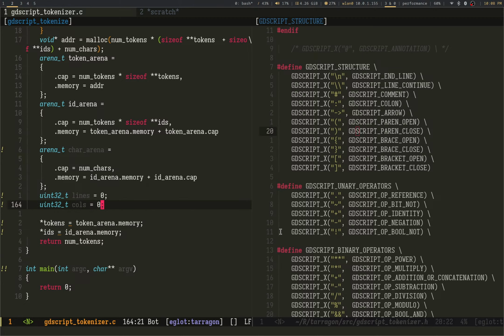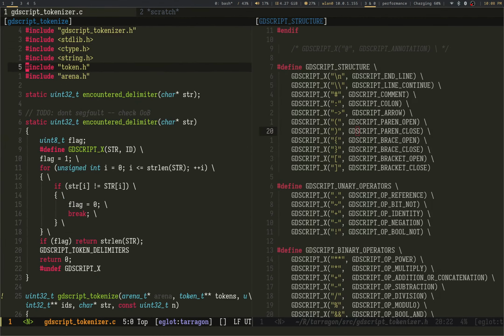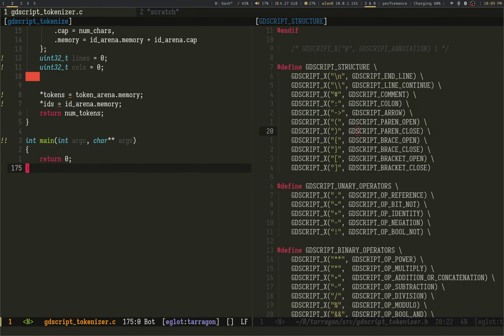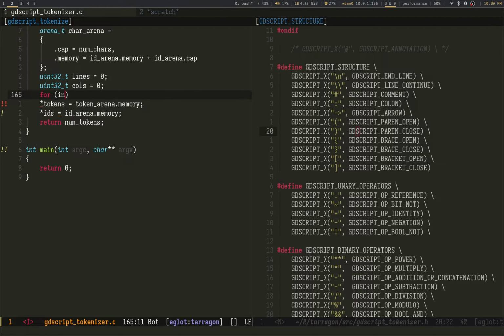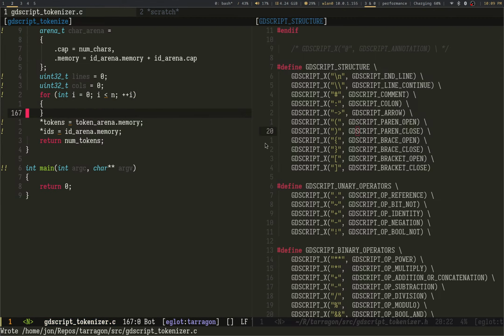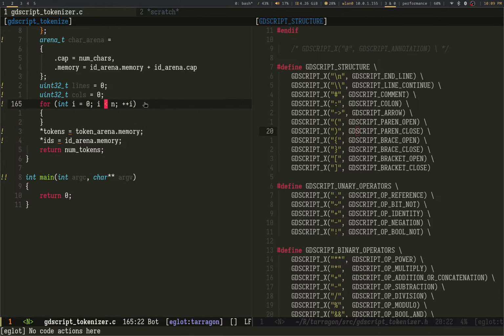Cool. So now we can actually start filling in our tokens and everything. GDScript tokenize and counting delimiter. Bop, bop, bop. And just i less than n plus i. Oh, what are you complaining about? Fine. There you go.